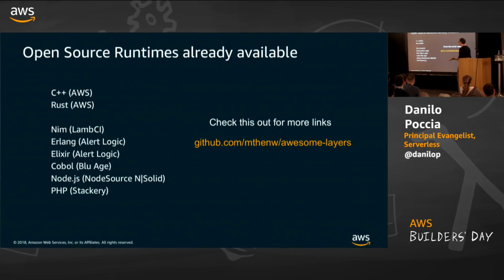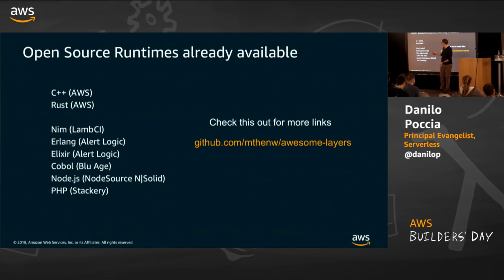If you want to use a runtime, probably the runtime is distributed as a layer, and you can just take the layer and use it transparently. The main difference as a user is that the runtimes that are fully managed by AWS are also updated by us transparently. So if there is a security update for Node.js or Python, we apply that transparently,